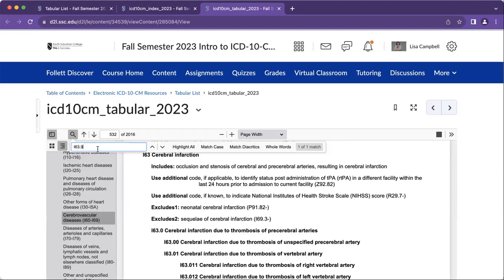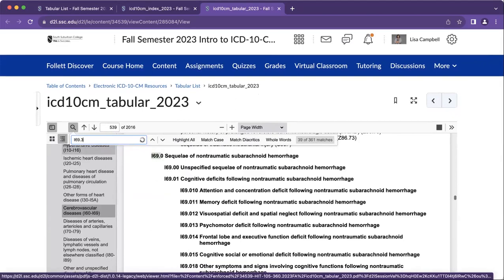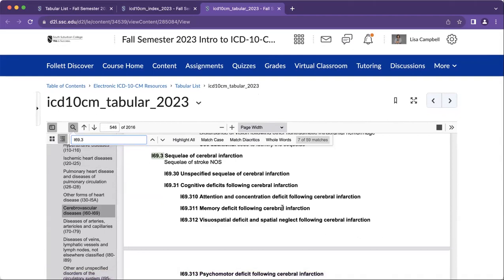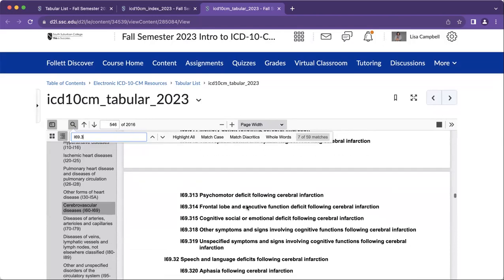So the first thing I would do is in my little box, I'll type in I69.3. And I69.3 is not a complete code, right? Remember what we talked about in chapter 1, coding to the highest level of specificity. So what is the sequela? Could be more than one, but our patient has the non-dominant hemiparesis. So here you have a couple of options. You can scroll down